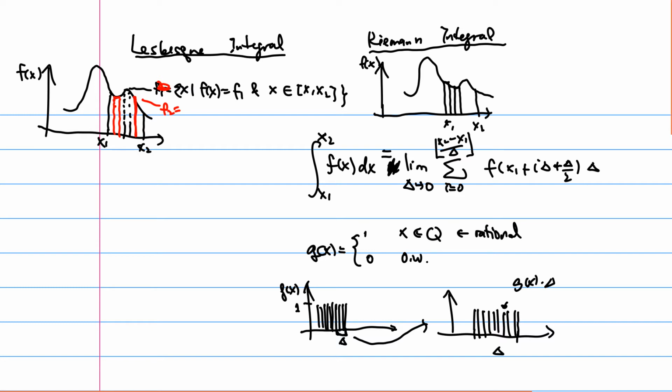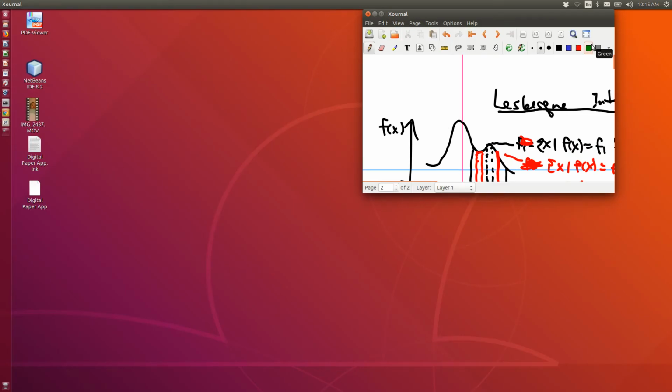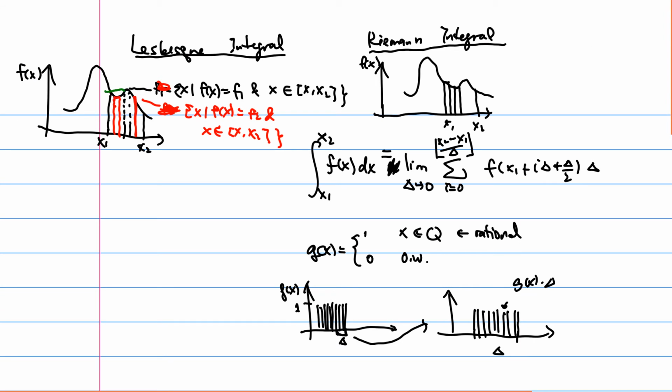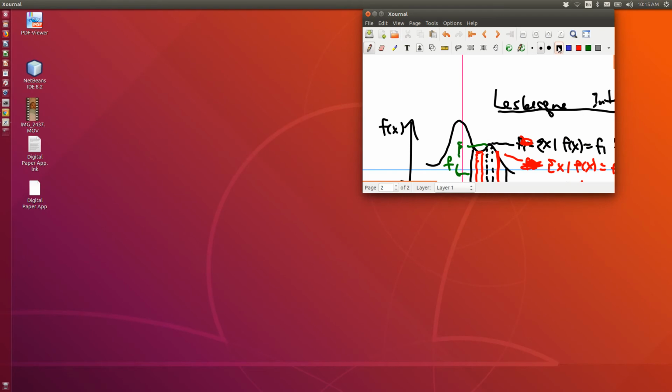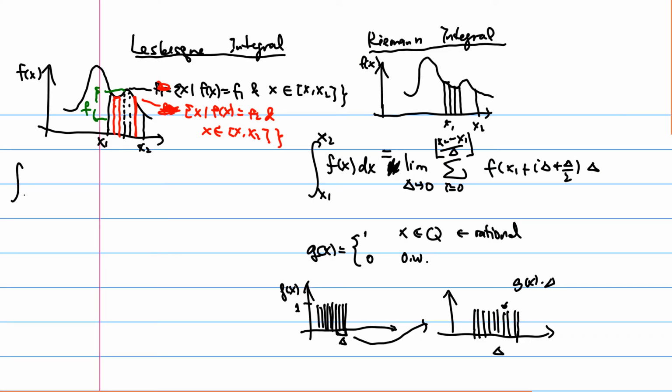The set of arguments x where f(x) is equal to f1, and f(x) equal to f2, and so on. So this set here will be like f(x) is equal to f2 and x is in x1 and x2, right? And so on and so forth. Then we consider all the f's within this range, so I should consider all the f values here. Right. So therefore, the integral eventually can be approximated, for the Lebesgue integral,